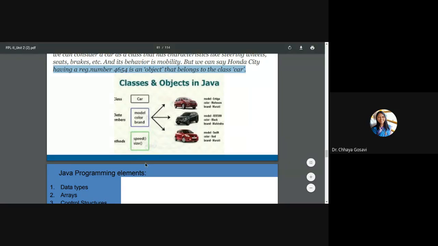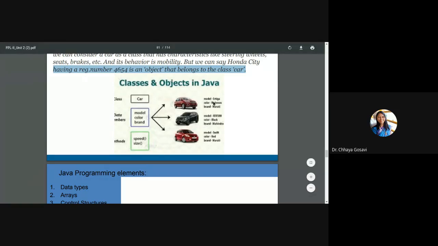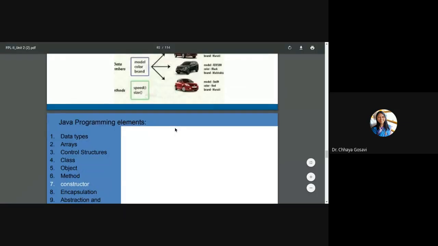So class is a very general concept. And when we talk about a specific car, for example, Ertiga, its model is Ertiga, color is maroon and brand is Maruti. Or we are talking about XUV, and Swift. So these are objects which are real world entities. Using this class, we can create such real world entities or objects.